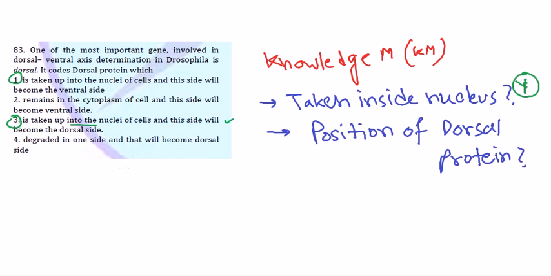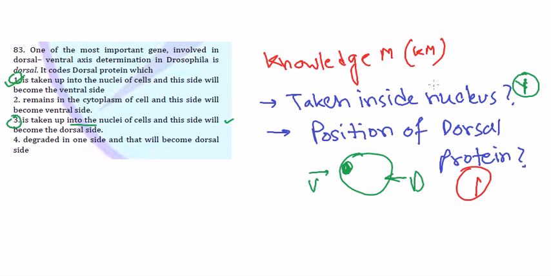But if you know this, yes, as I know, when this protein is placed into a side, that side becomes ventral, it won't become dorsal. Though the protein is termed dorsal protein, if it accumulates on this side, that side becomes ventral and the opposite side becomes dorsal, right? So option 1 is fulfilling everything, so option 1 is the correct answer in this case. If you know correctly, go for it. If you don't know, you can take a wild guess if you are not sure, and if you think you are not getting this net this time, right? So these are the things you need to take care of.